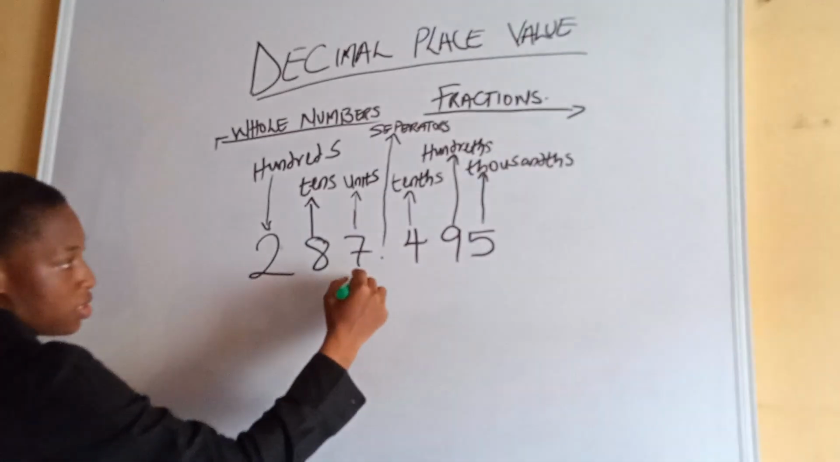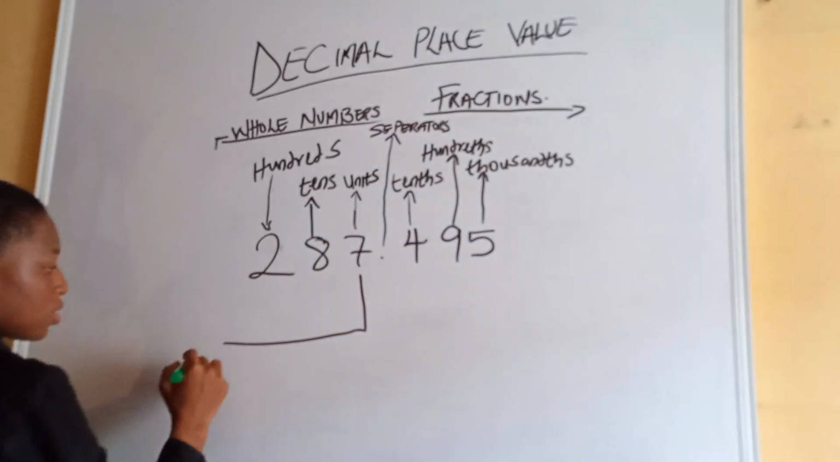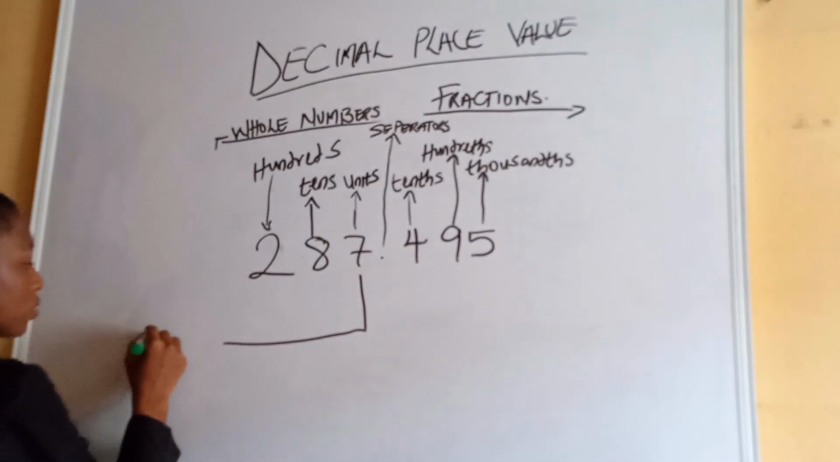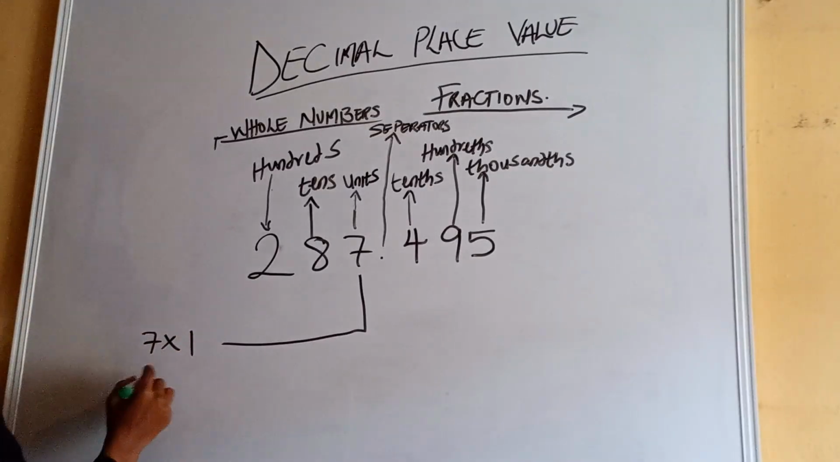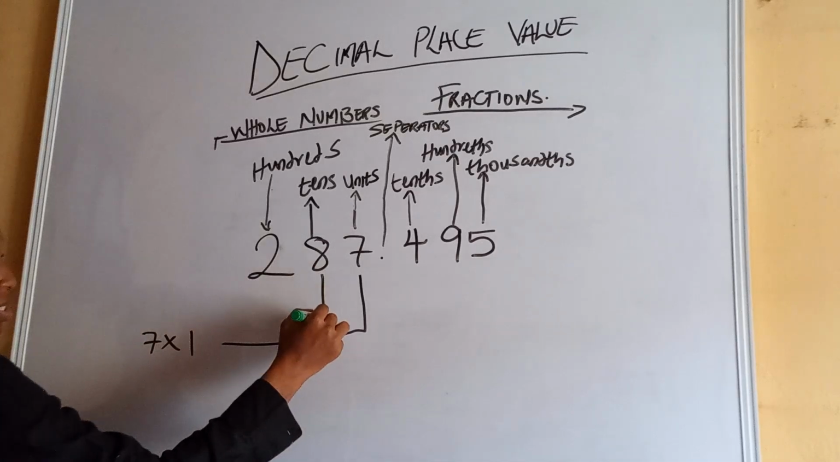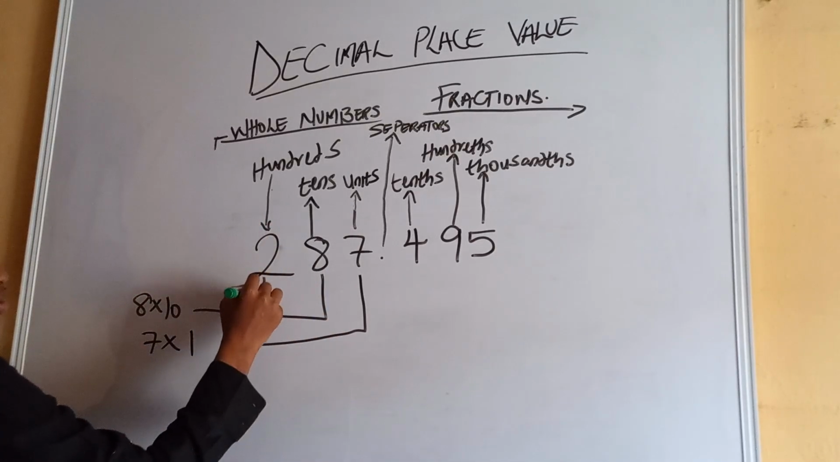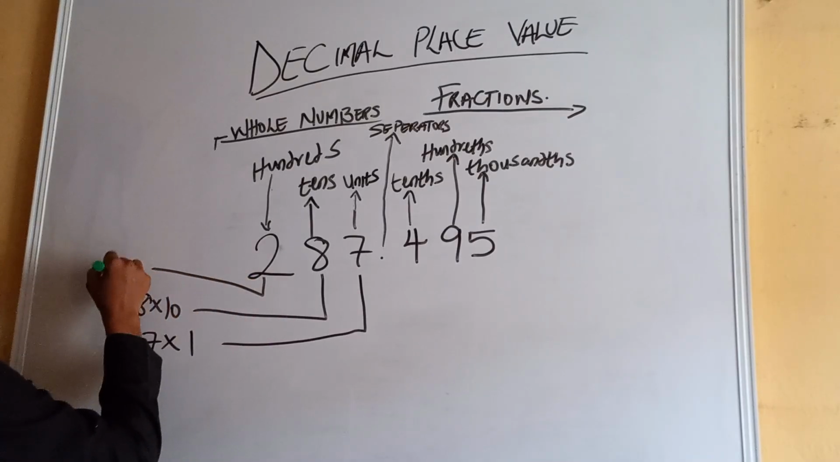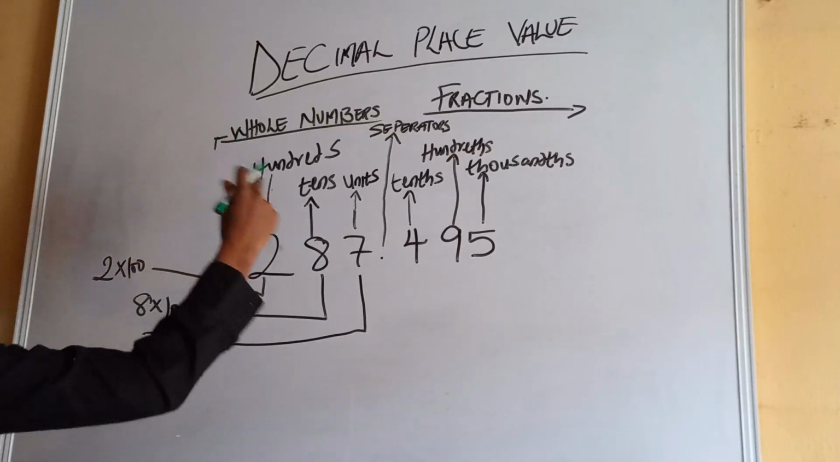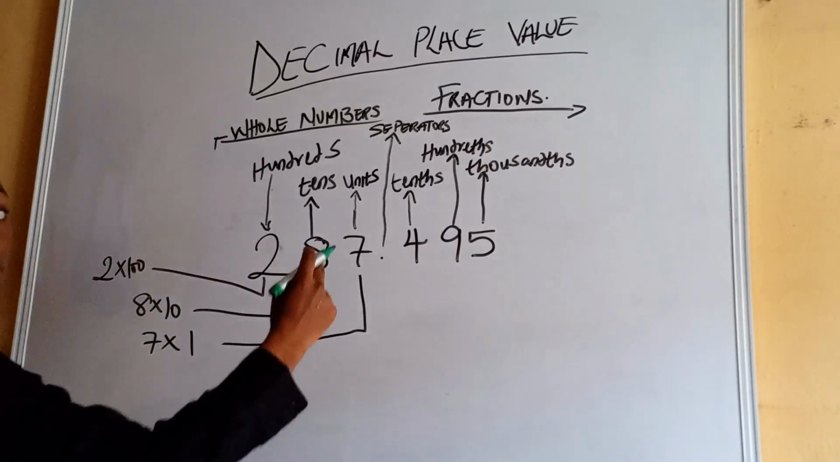I'll do this first. This is your ones. That's 7 times 1, which is equal to 7. This is your tens. So this is 8 times 10. This is your 100. So this is 2 times 100 because it's in the 100th place value. Now for the